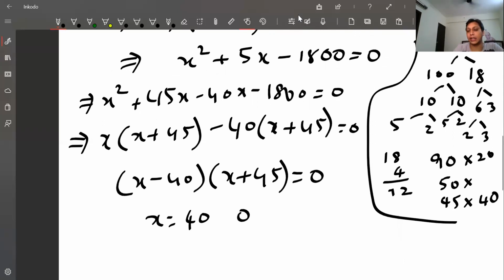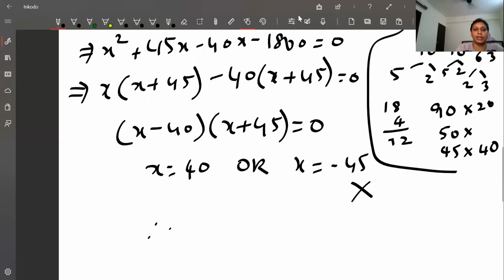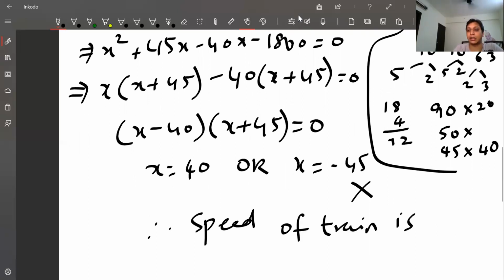But we cannot take the negative value as the speed cannot be negative. So therefore, the speed of the train is 40 kilometers per hour. Okay, so this is what we need to